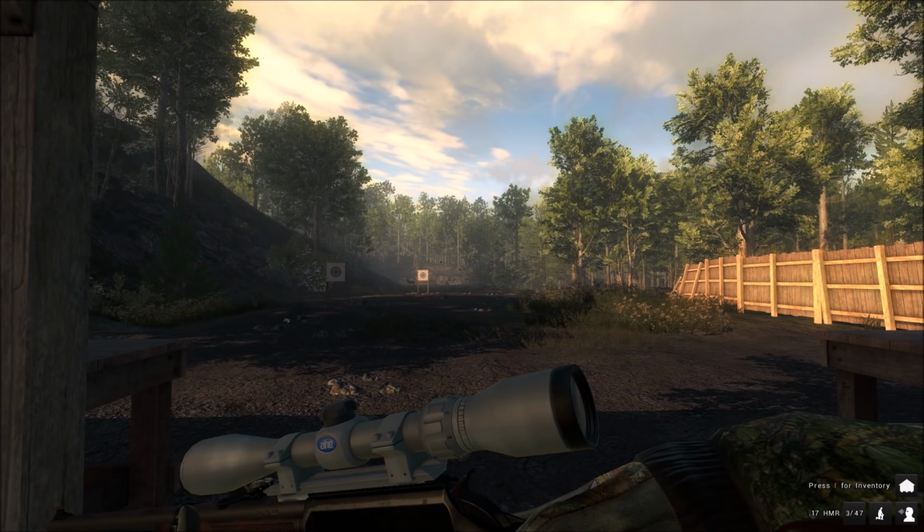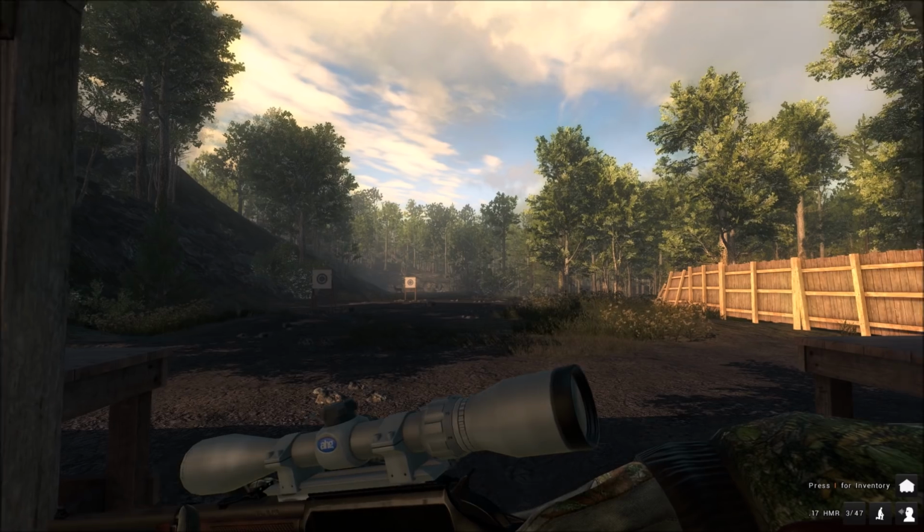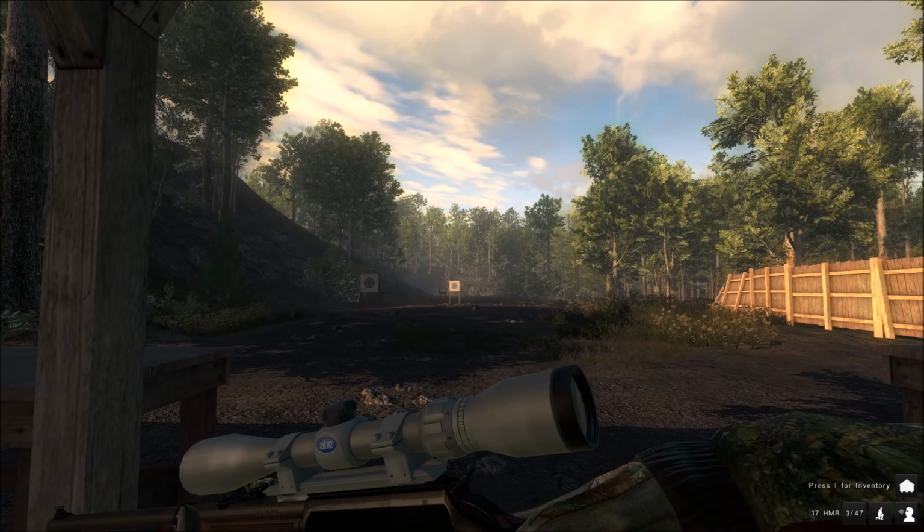Yeah, in real life you can use a 17 for pretty much any kind of small game, including coyotes, which is one thing that I'm kind of against, because you can't shoot coyotes in the game for some reason. They should definitely make it legal to shoot coyotes, because in real life I have killed coyotes with my 17 HMR Marlin,